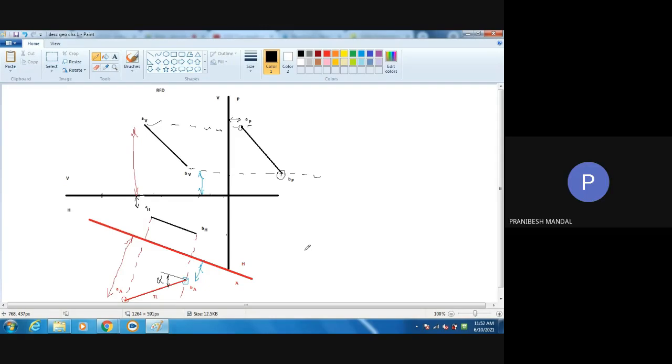Can you predict how you can find out beta? You have to take a plane parallel to the vertical projection. Exactly. Can the other guys follow what he has told? A plane parallel to the horizontal projection gives you the true length and alpha. So a plane parallel to the vertical projection will obviously give you the beta. Should I show it? Yes, sir. Okay.